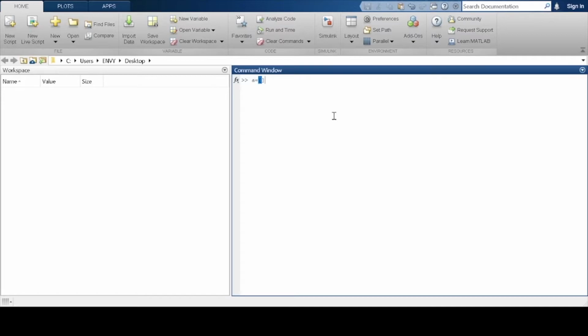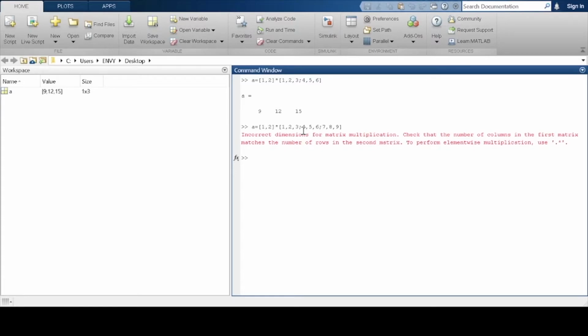Let's take a row vector, so 1 comma 2, and a matrix. So we see that we get a row vector having three entries. So what if we do add an extra row in the matrix? So we see that we get an error message saying incorrect dimensions. So the basic condition for